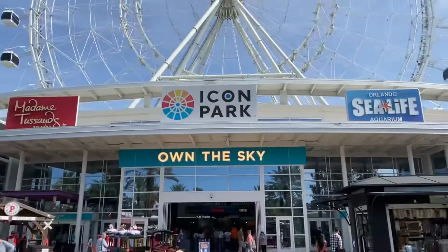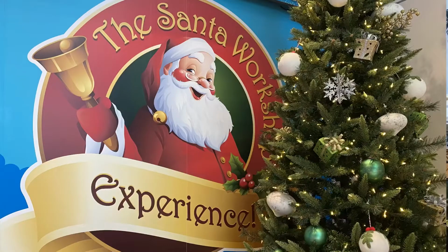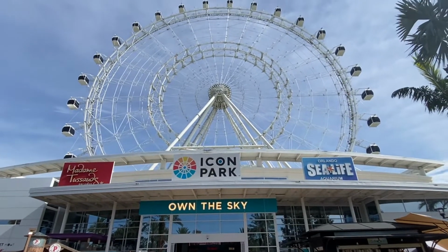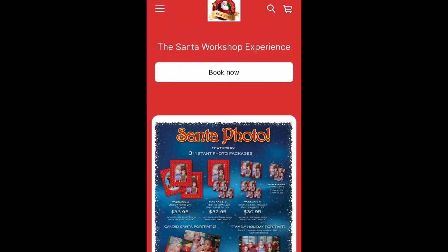Today we're in Orlando, Florida to show you the Santa workshop experience at Icon Park. Let's go! While there are QR codes located throughout the park to book your experience, I would highly suggest you